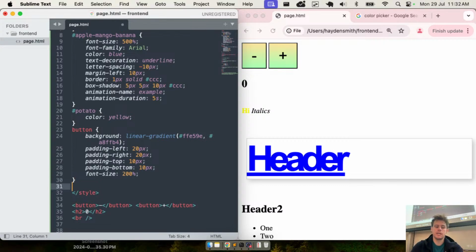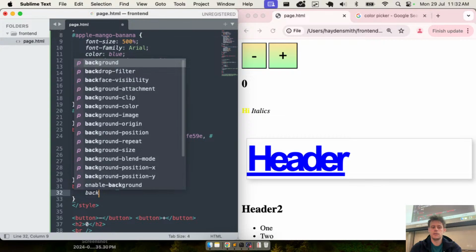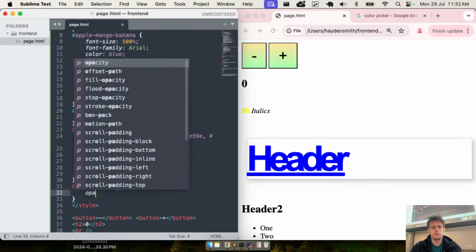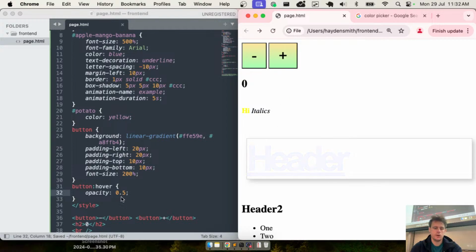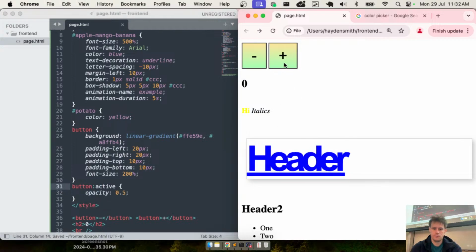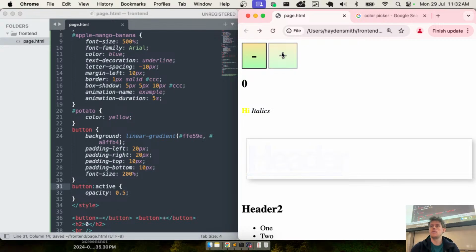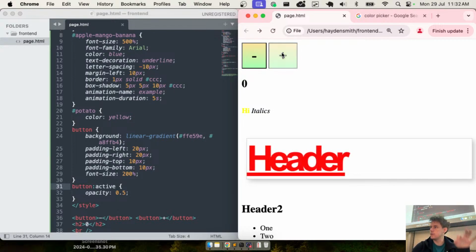So what I can also do is I can say, you know what, when someone hovers over a button, what I would like to do is, this will be a really easy hack. I just like to make it half transparent. Oh, not hover, I meant active. Is it active? Yeah. So now when I'm clicking on it, the button becomes active when you're clicking on it,